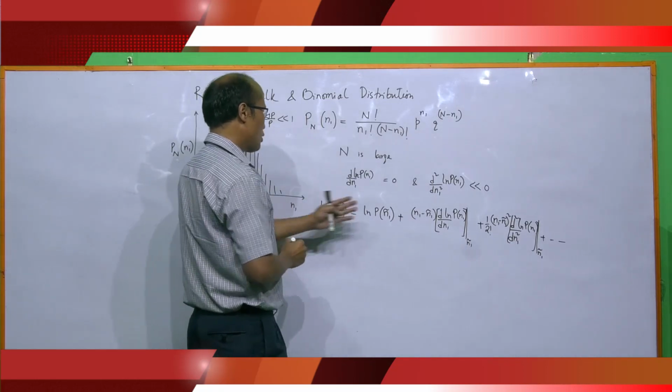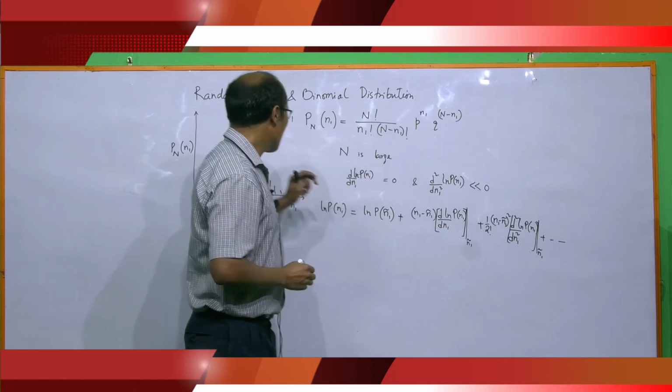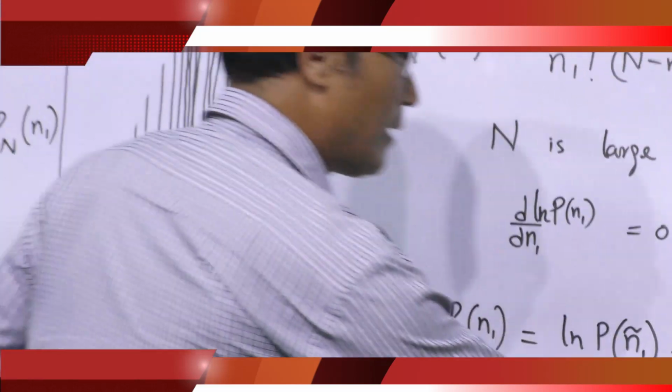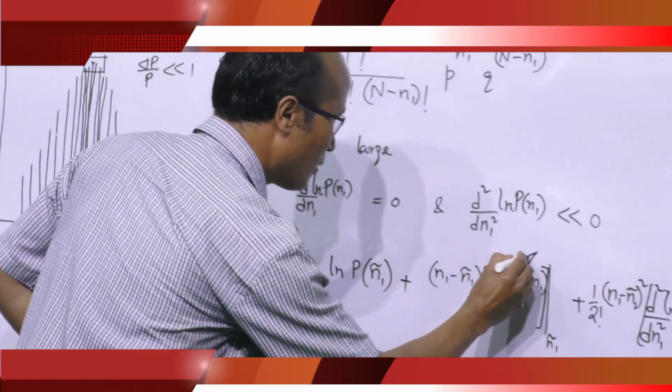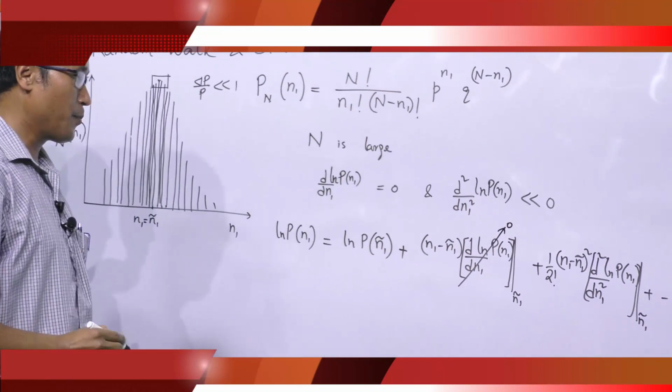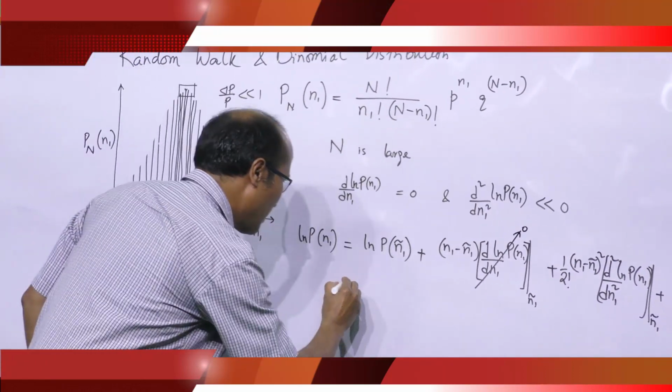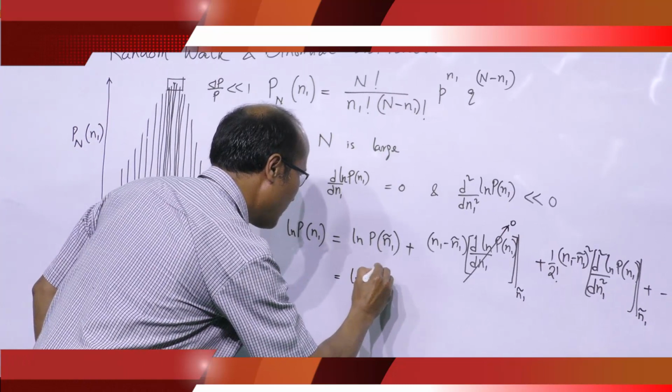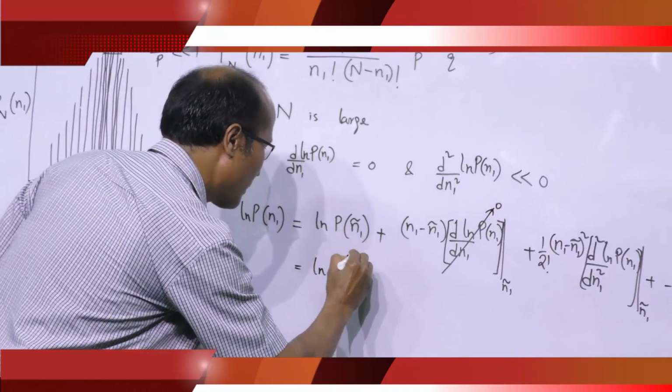And as log of P(n1) is maximum at the point n1 tilde, the first derivative term will vanish. So what remains is log of P(n1 tilde),